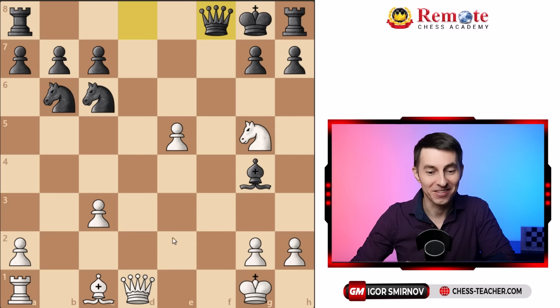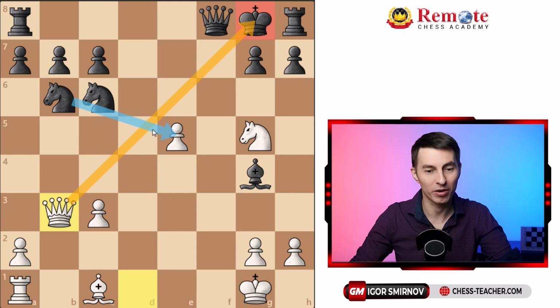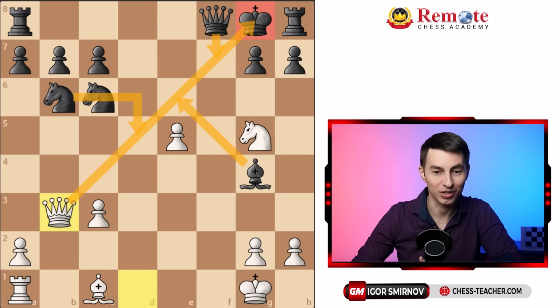So if queen takes, then you still don't take. You instead play queen b3 check. And although there are so many pieces of black that can stand in the way, one way or the other, like the knight can go here, the bishop can go, the queen can go, you'll just capture them all. So that'll delay the checkmate a little bit, but that is still going to be a checkmate